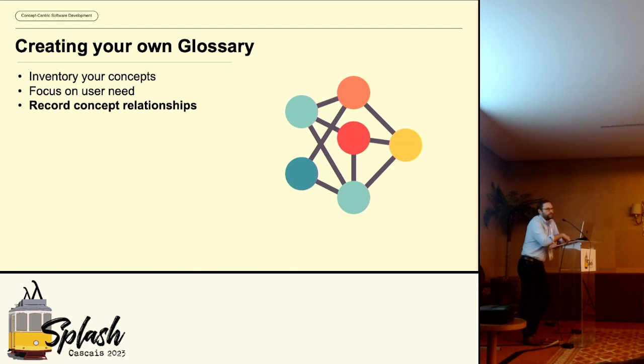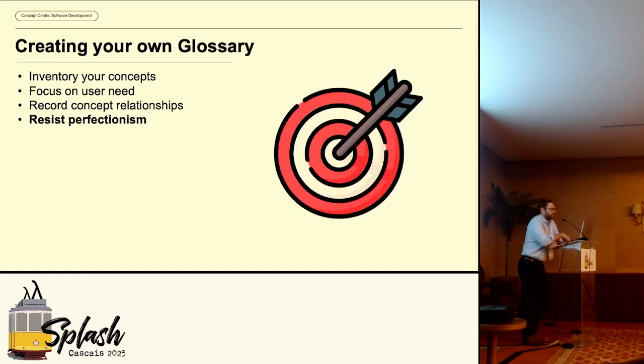We found this most helpful to do in diagrams, so concepts that co-occurred in diagrams tended to be related, and so we use diagrams as the edges in our concept graph between concepts and components. Resist perfectionism. Correctness is not going to be defined in a formal way. In general, you just want to have breadth of the concepts so that the glossary starts becoming a living document that can act a bit more like a wiki and get a lot of adoption from a lot of different people. So you just want to have breadth and don't need to worry as much about depth.